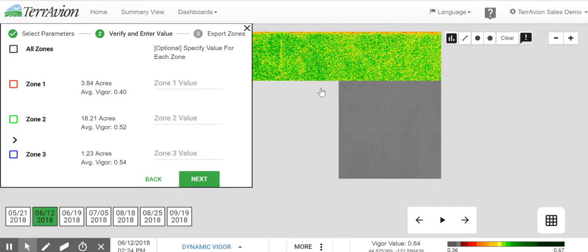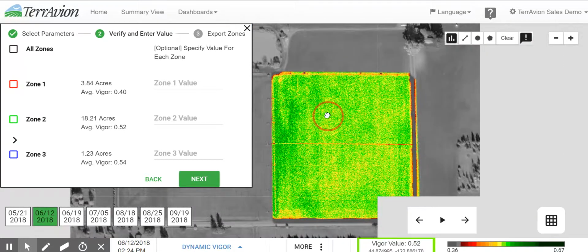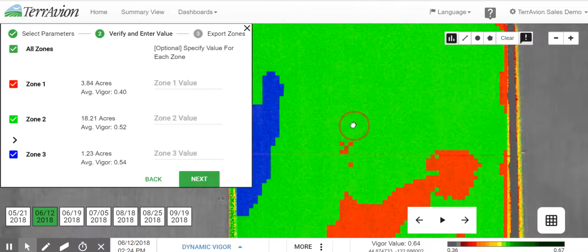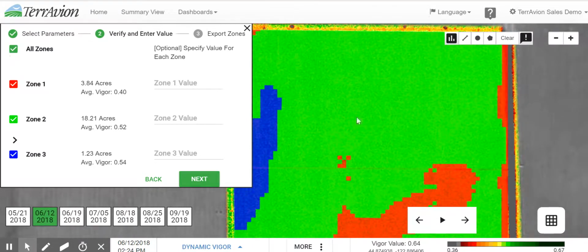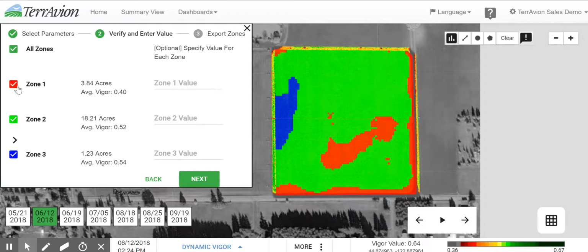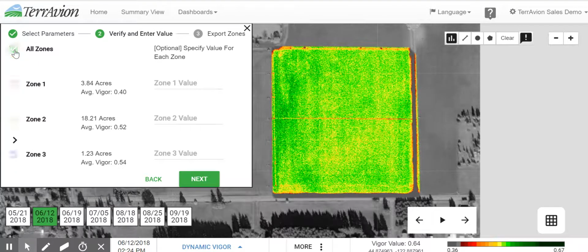And it's very valuable. The whole point of making these maps is to make them more actionable, but to maintain the value, it has to accurately reflect that data. So you can see here, we have our low vigor zone is red, our middle vigor zone is green, and our high vigor zone is blue. If I turn this on and off right here, you can see indeed, yes, there is a high vigor zone